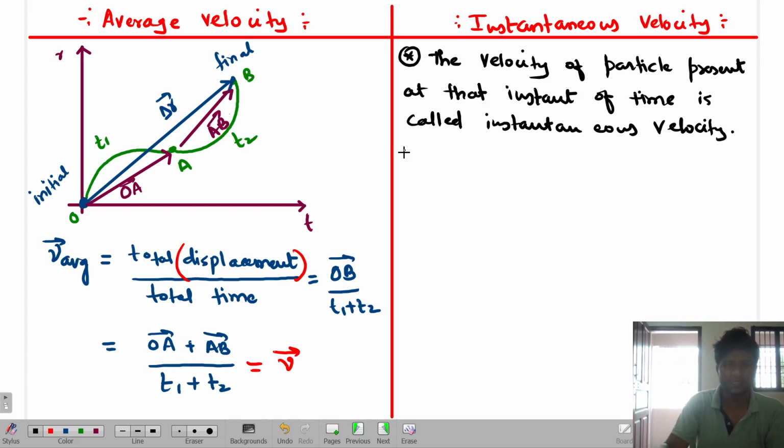Now see, if the particle is only going in one direction, for motion in 1D,